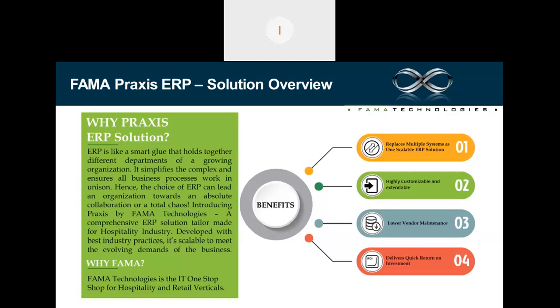You definitely have many ERP solutions in the world, local or international, whatever. So when you are going to choose any ERP solution, definitely you have something in your mind about how it can help you. So most of the features are,